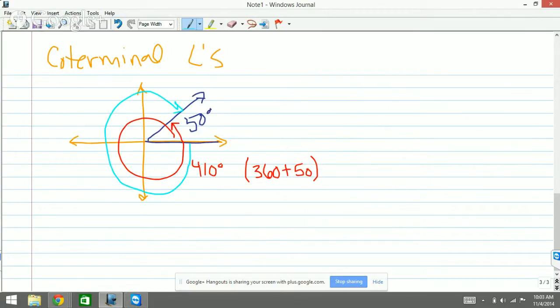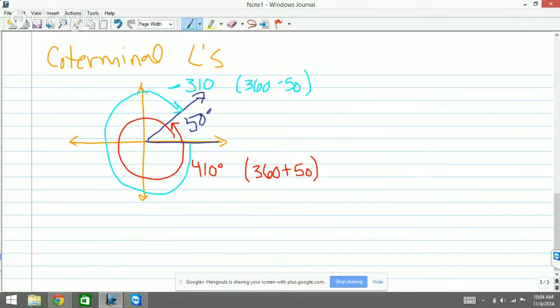What's that angle measure? It's going backwards, so it's negative. 360 minus 50. Is there a general formula you can think of